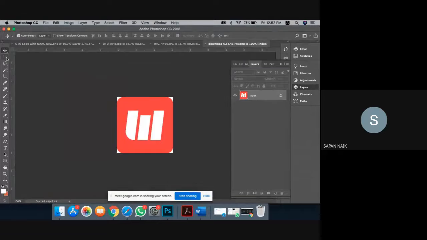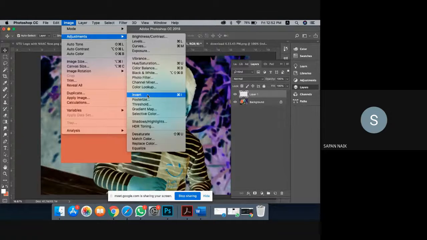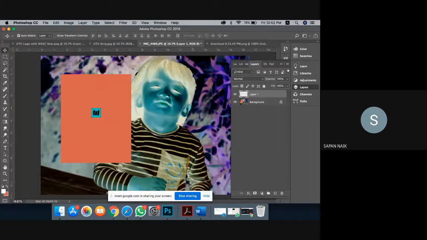Many of the times it is possible that you are not able to get it. So Control C, Control V does not work directly. As you can see, it is not in contrast. In this kind of case, you can directly go to this, make it invert, and now it is visible. And it is in a contrast color of whatever color it was initially. So in this kind of case, this tool is useful.